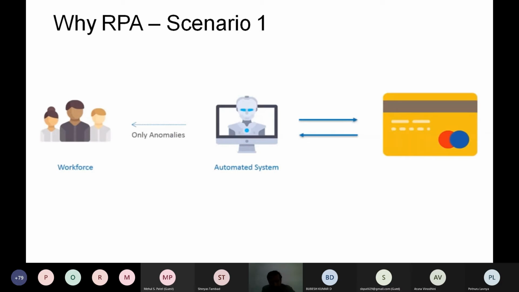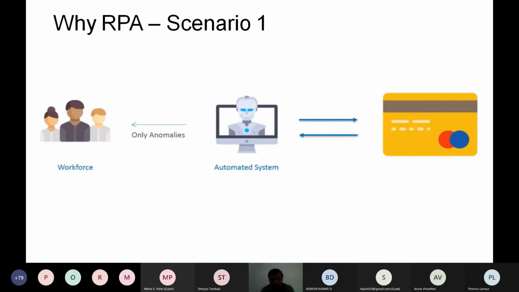From a human point of view, you would obviously have thought that I have 50 employees now, 50 employees looking into these data, and now I am replacing these 50 employees with a robot. So what about the jobs of the 50 employees? That is gone. So we can't think like that. You can think of it from another perspective.